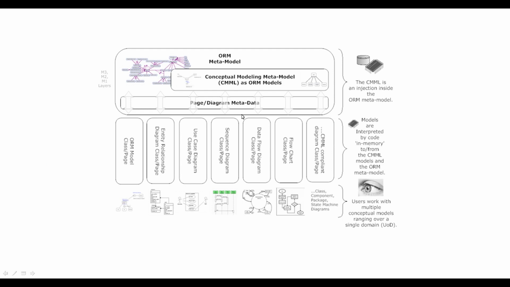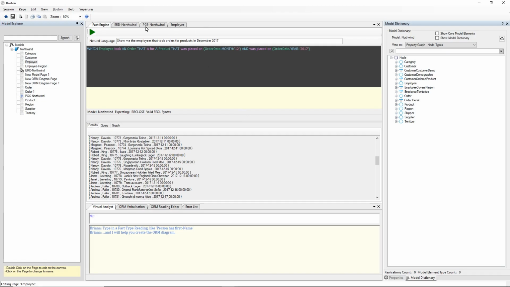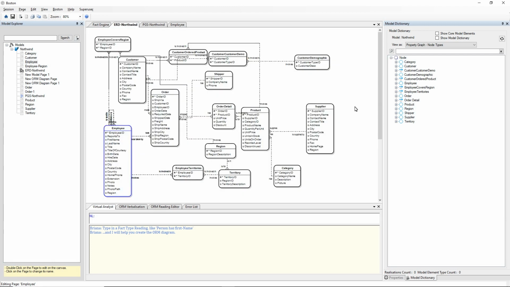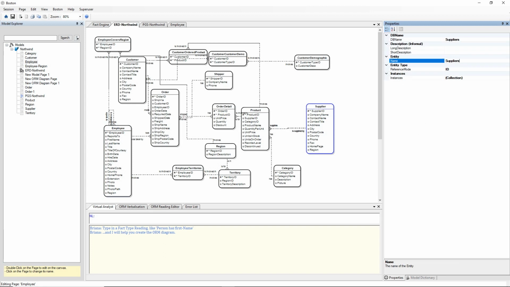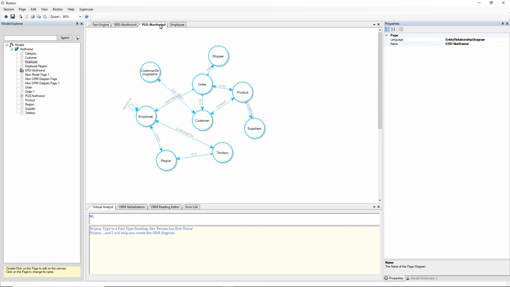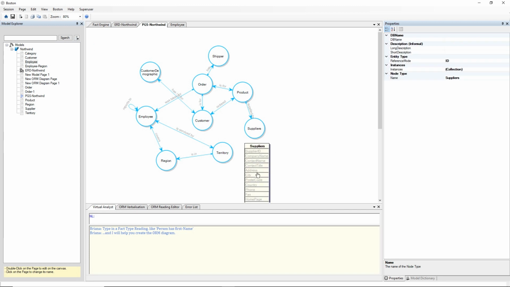diagrams are interlinked. So we can have a look at that just briefly. If I go to, say, supplier here and change its name to suppliers, now that change should be effected automatically. We'll just give that time to finish. In our property graph schema, that's been changed to suppliers in our property graph schema as well. So it's the same with properties. If we change any of the properties, they're effected